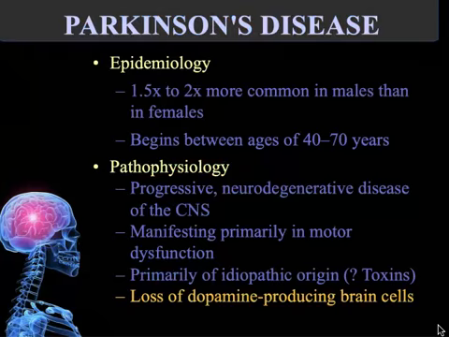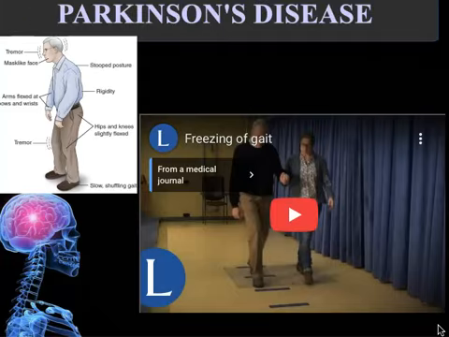And then Parkinson's disease, you can see the epidemiology and the pathophysiology. Typically it is a neurodegenerative disorder that occurs in various parts of the brain. That's because of a reduction in the dopamine producing brain cells, which could lead to significant rigidity issues. You can take some time to look at this video, but you can see people with Parkinson's have tremors. Very frequently they have these issues with their face,